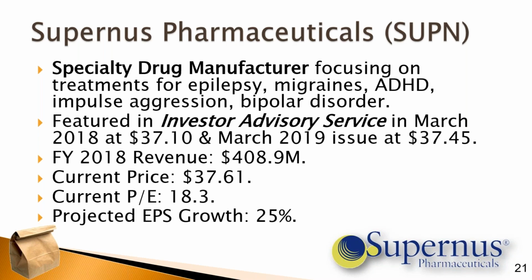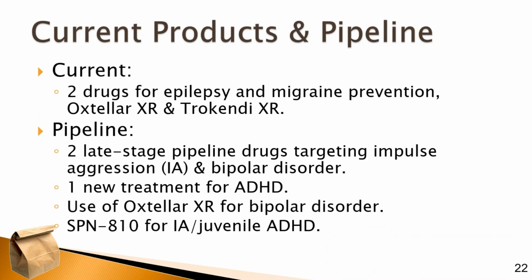The revenue for fiscal 2018 was $408 million. The current PE is 18.3. Our IS analysts were projecting 25% earnings growth over the next 5 years. And let's talk about that and see how reasonable that might be. Here's what you need to know about the company. They've got 2 drugs that treat epilepsy and migraines, Oxtellar XR and Trokendi XR, and XR stands for extended release. So these are reformulations of drugs that they developed previously